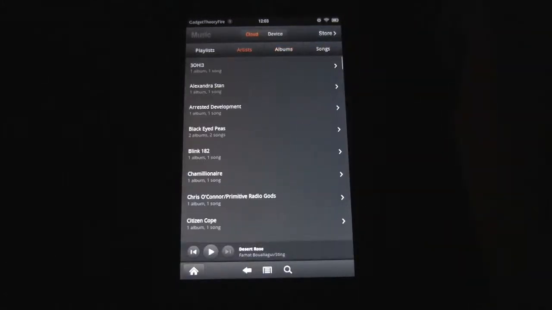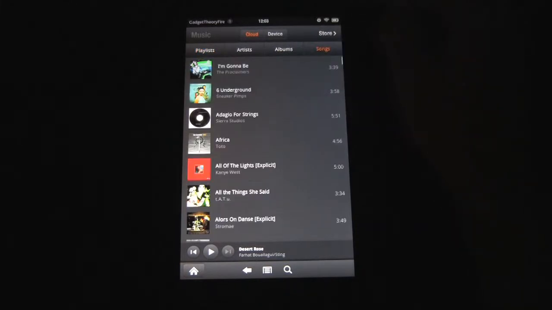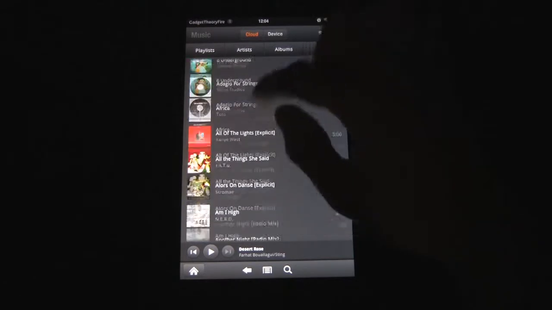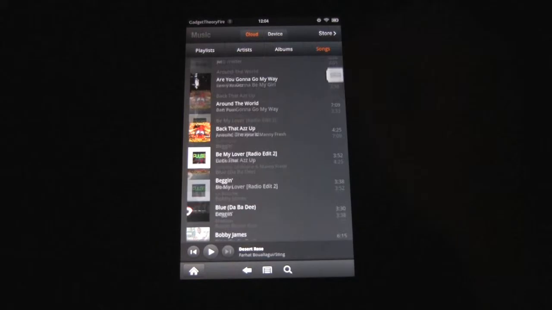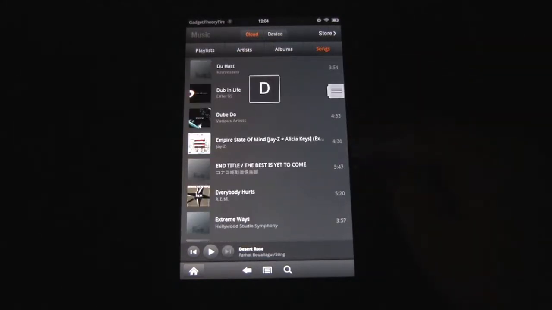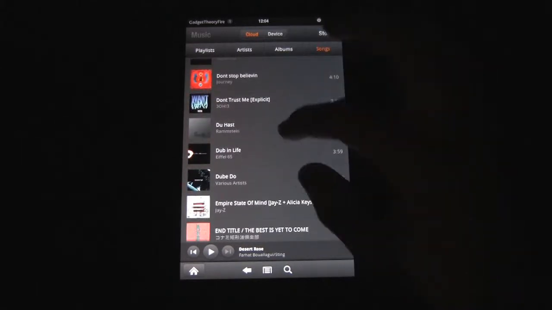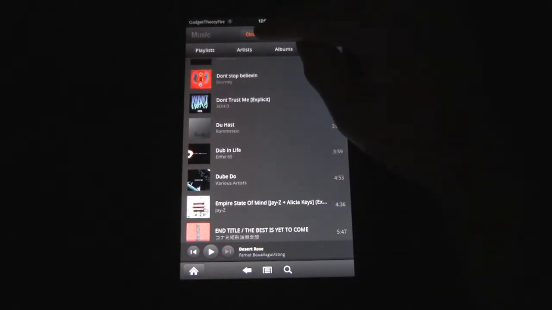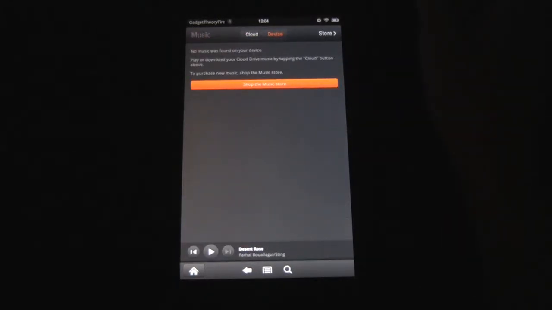The music tab. Now here you get every single thing that's in your Amazon account. So if you download Amazon Music songs and you put them up in their cloud service, everything that you've put there is there. All the songs. Now all these songs are in the cloud, so they're not actually on the device. Up here you get the choice between cloud and device. So if I hit device, you'll see there's nothing there. I can add stuff if I would like to, but there's nothing there right now. So go back to cloud,